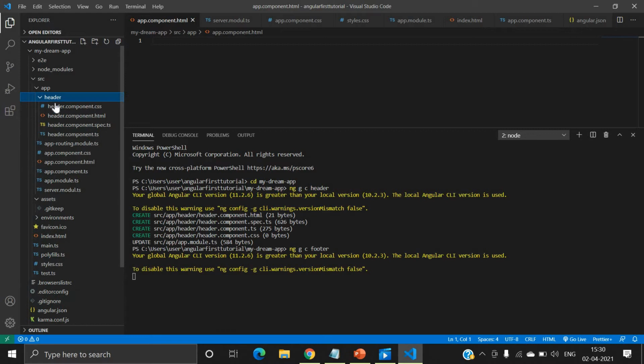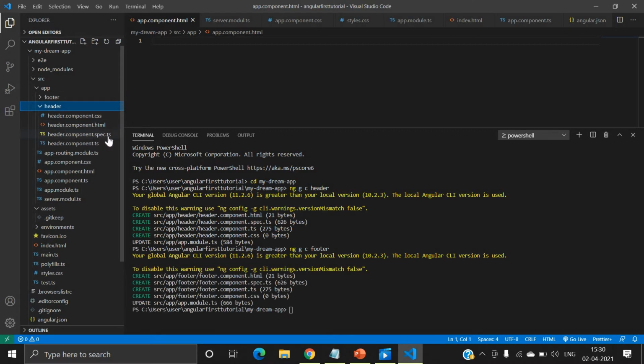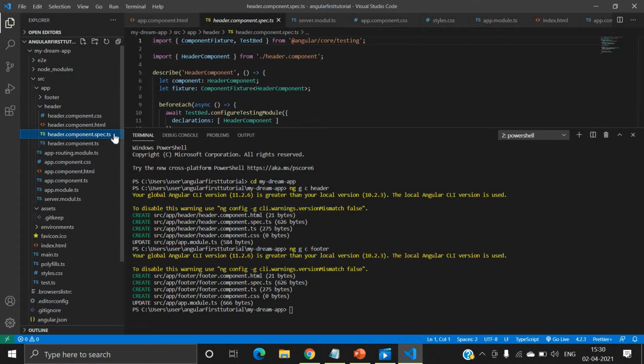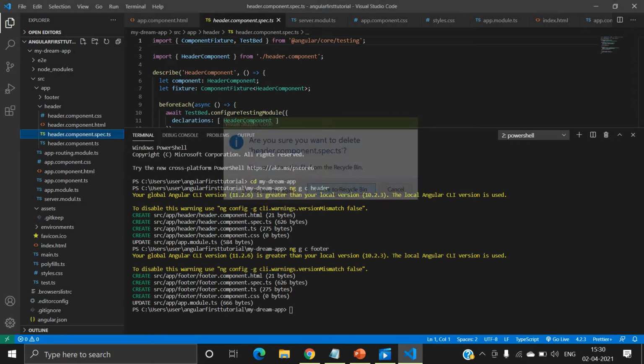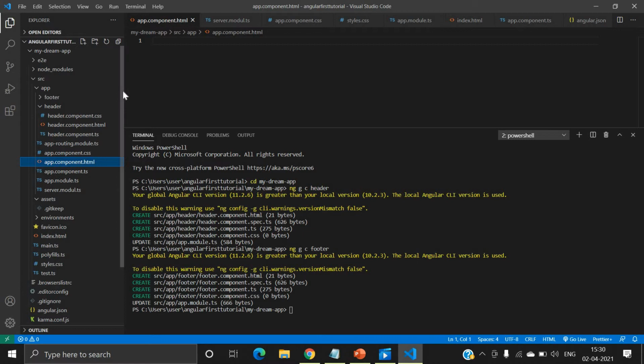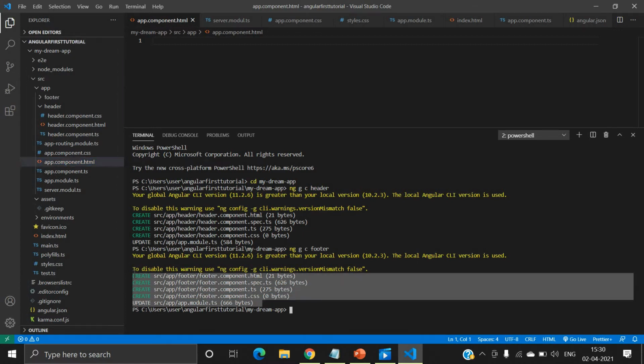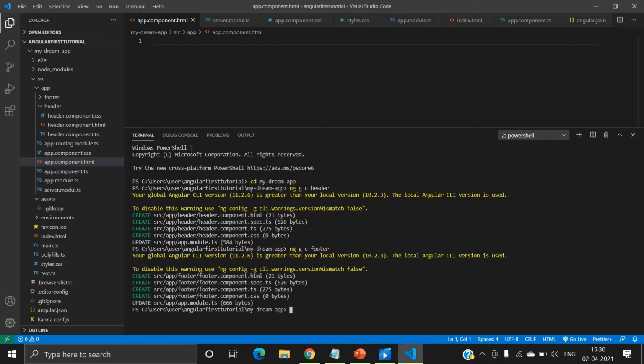Now here you can see header.component.spec.ts. This is only used for testing purpose. We don't need this file, you can delete it from here. After that I have created another component, footer. So let's start with header part.